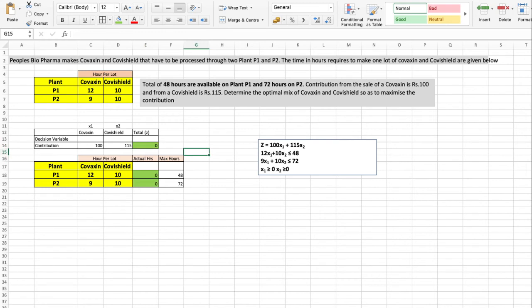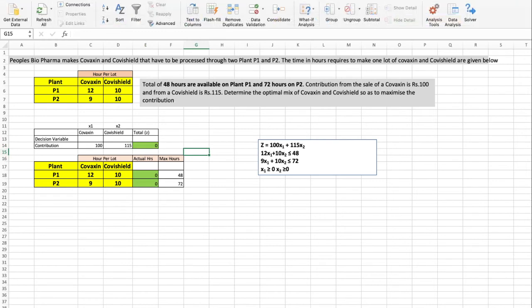For that you have to go to Data, then Solver. Then you take the maximization as the set objective, and you have to change the decision variable like this. The changing variable, that is the decision variable, you have to select this much. This is the decision variable. So you made it, and I have given these two constraints. How do you give the two constraints? I will delete this and show you again.